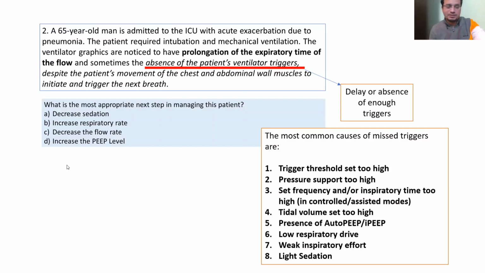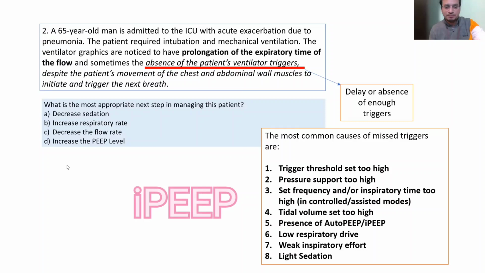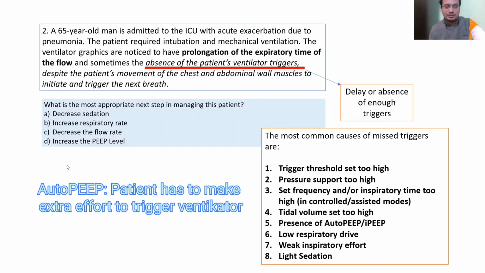Or if the patient has some obstruction in the airway due to one reason or another and develops auto PEEP or intrinsic PEEP, that can also lead to ineffective triggering, because the tidal volume expired will be lesser. And also where the patient is not able to generate enough respiratory drive because of neurological disorders,